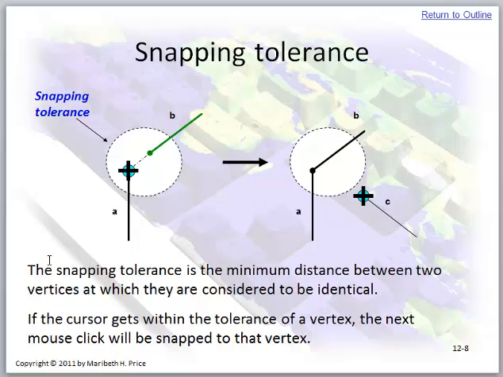Snapping tolerance. We use snapping to make sure that we snap or get all of our lines together. Snapping tolerance is the minimum distance between two vertices at which they are considered to be identical. And the way we do that is we set a snapping tolerance, and once you get to within a certain distance, your mouse or the end of the line in this case would actually connect. B would connect to A. In this case, it doesn't connect because it's not within that tolerance, so that C would not connect to A